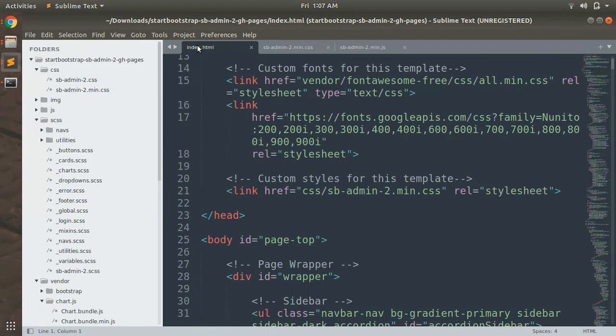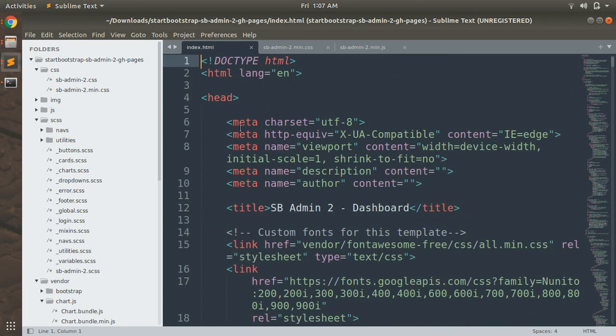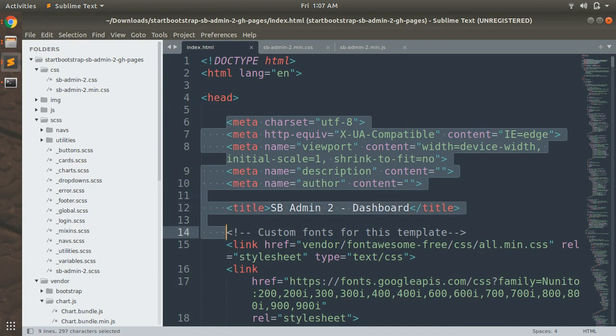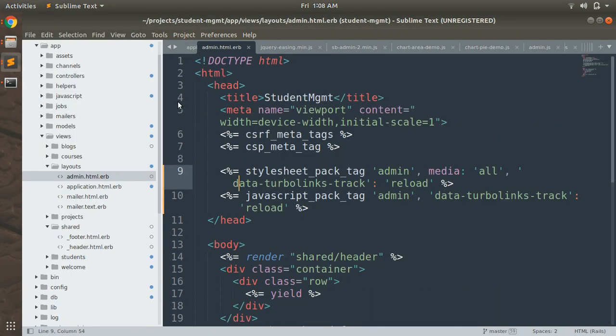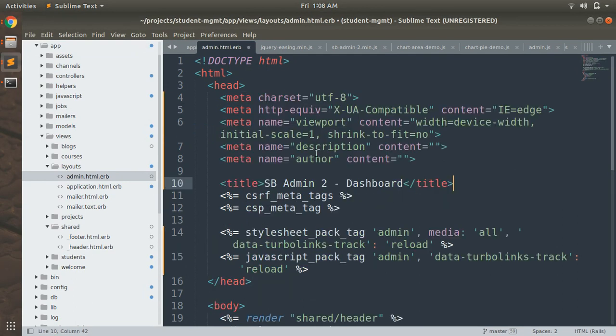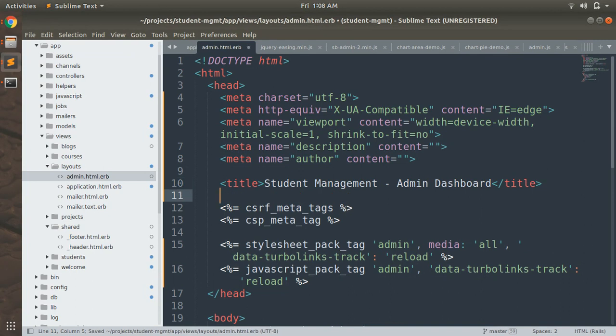Okay, so open the index html, and here you can see that we have some meta tags like this, so just copy that and put it into our admin side head content. Okay, here we will use the title as Student Management Admin Dashboard. Now save it